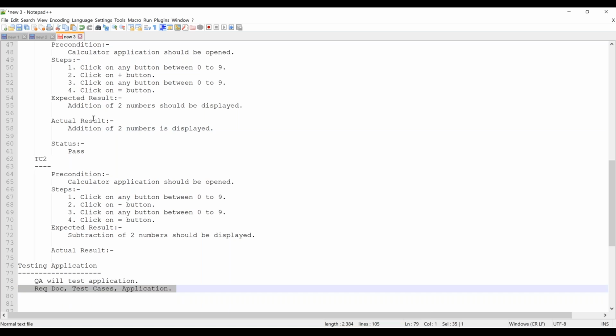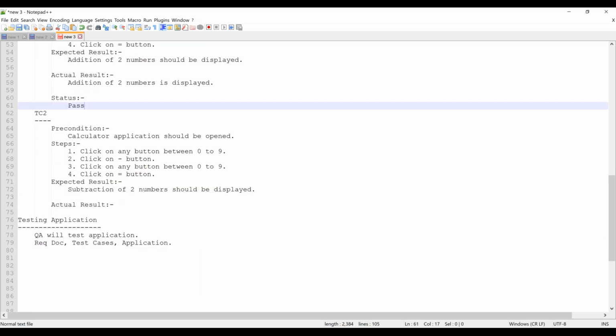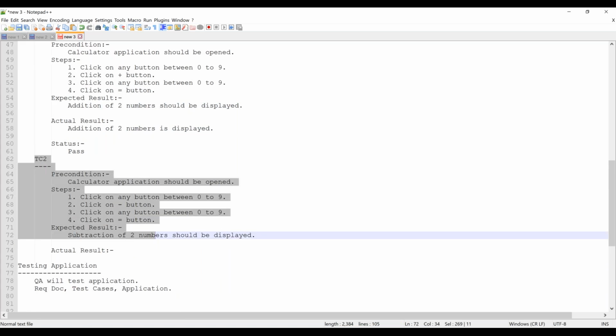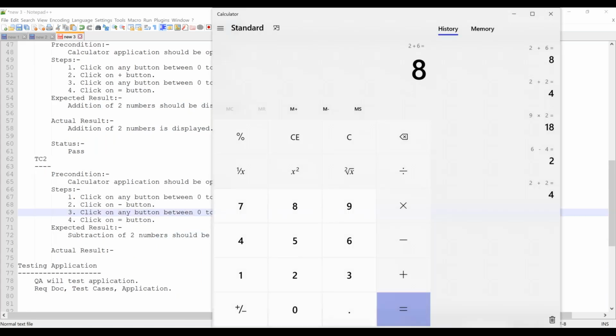So that is what you are doing in testing. You are comparing it, you are writing your expected is matching with actual. If expected is matching with actual, you are saying like it is pass. If it is not matching, you are saying like fail. Now you are executing the second test case. This is passed. You executed one test case. Now you'll go to the second test case. You will do the same thing. You will open the same calculator, right? And then you are going to perform the steps.